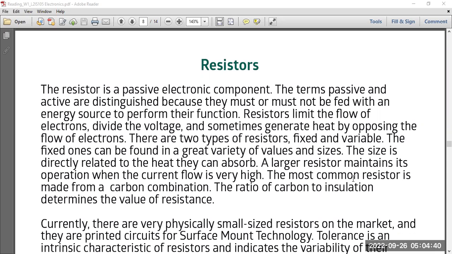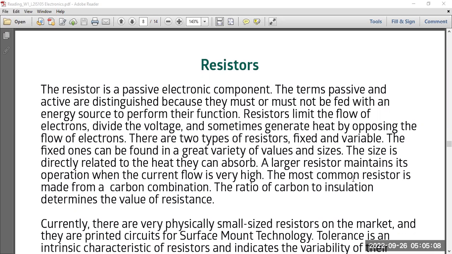And the component which creates this resistance or hurdle is known as the resistor. The resistor is a passive electronic component. The terms passive and active are distinguished by whether they must or must not be fed with an energy source to perform their function. Resistors limit the flow of electrons, divide the voltage, and sometimes generate heat by opposing the flow